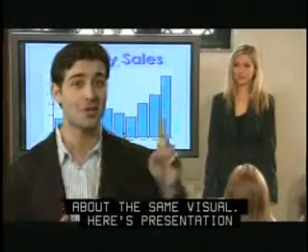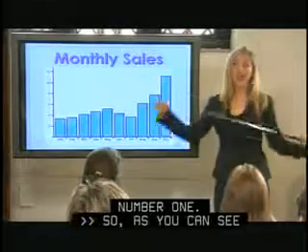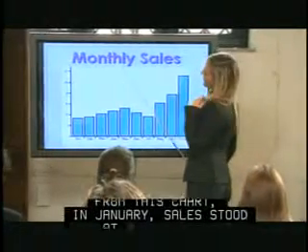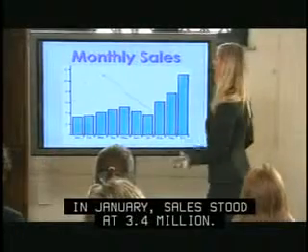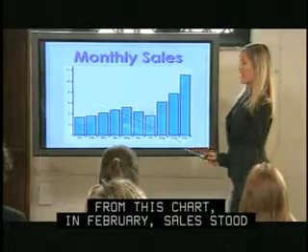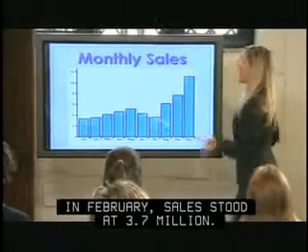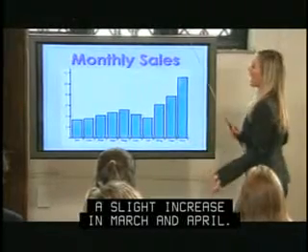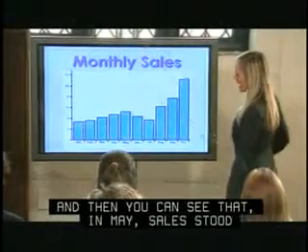Here's presentation number 1. So, as you can see from this chart, in January, sales stood at $3.4 million. And as you can also see from this chart, in February, sales stood at $3.7 million. And this was followed by a slight increase in March and April. And then you could see that in May, sales stood at